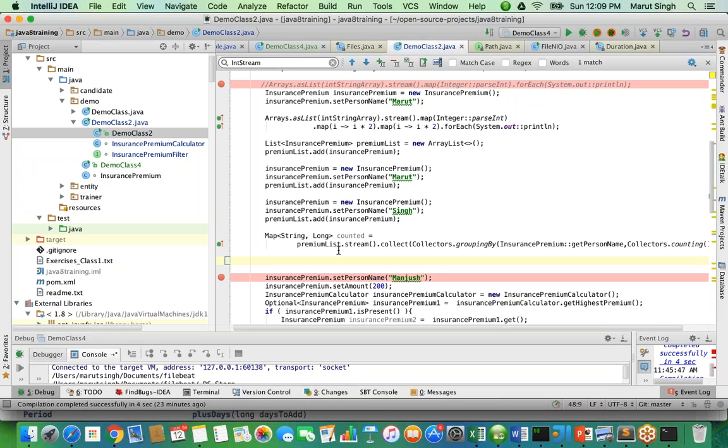The benefit of parallel streams is that you do not have to write a lot of multi-threaded code to break your program apart and collect the results together. In general, let's say I want to break my program into multiple threads because I have many cores. So what I will do is